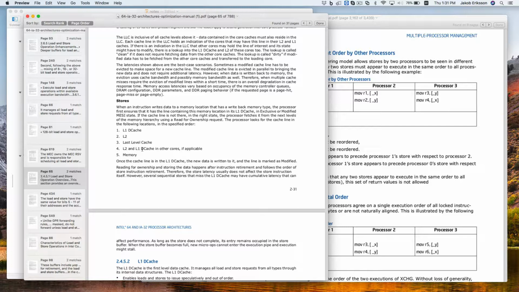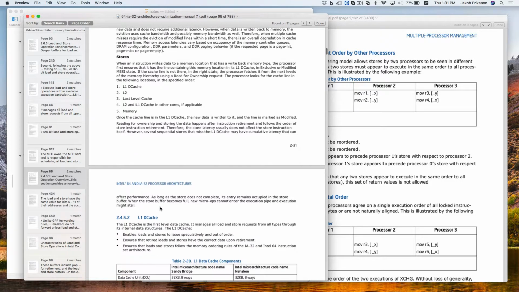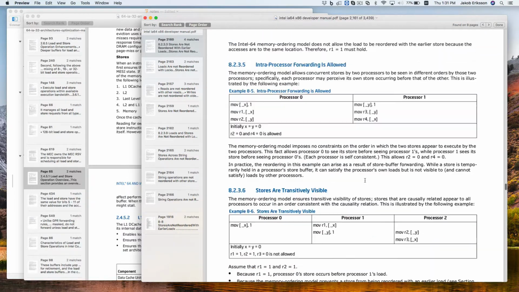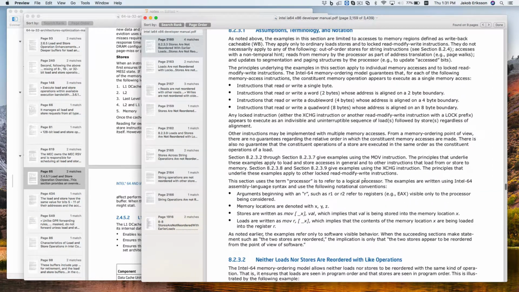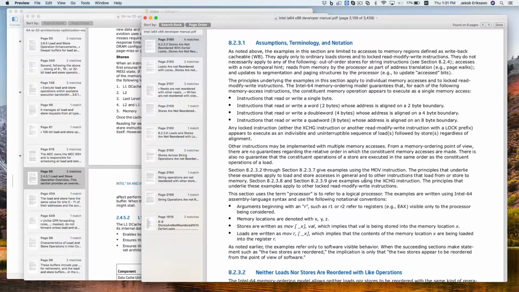So running down here, let's ignore that. But they didn't talk about the external last level cache, like the remote last level cache in this. Okay, I wanted to look at here. All right, so